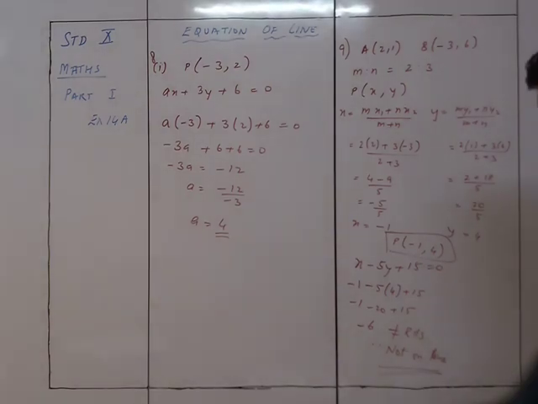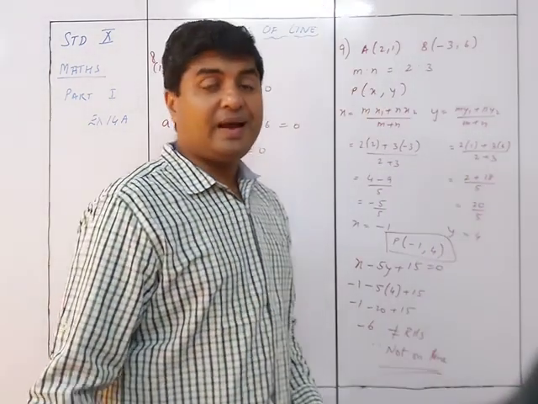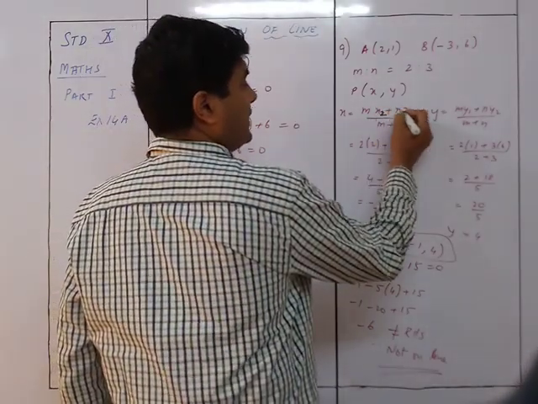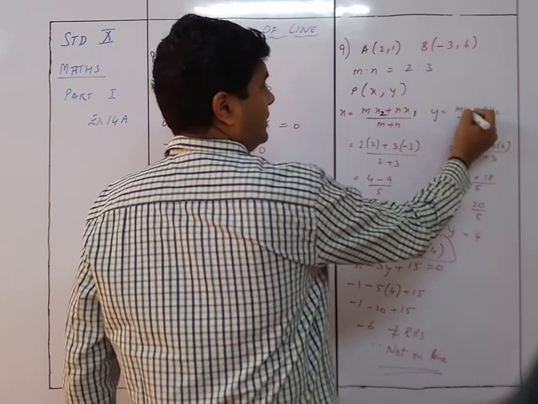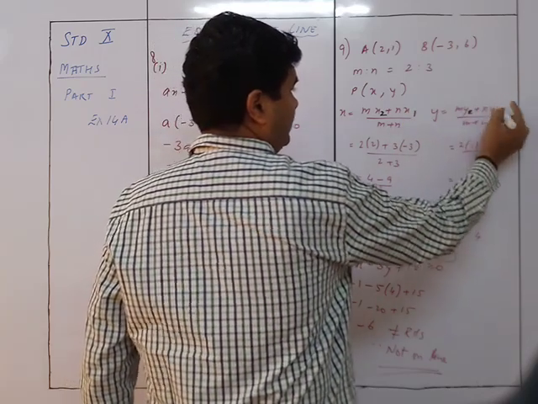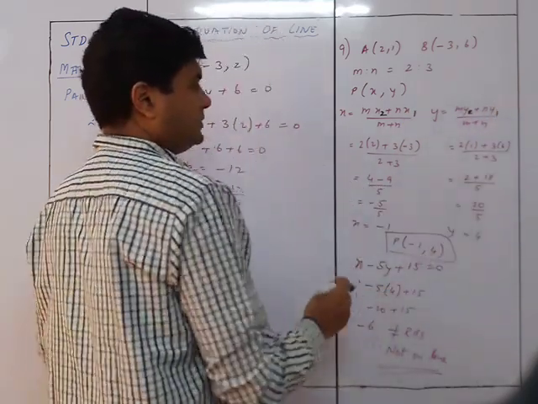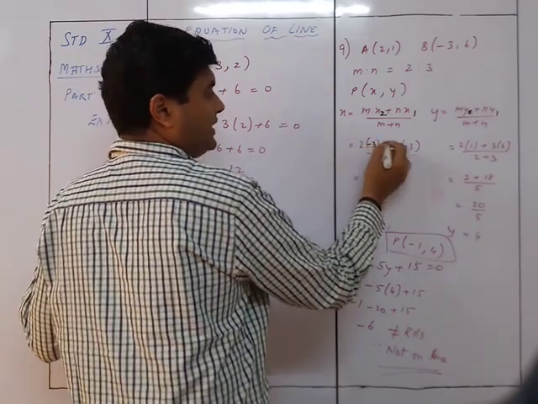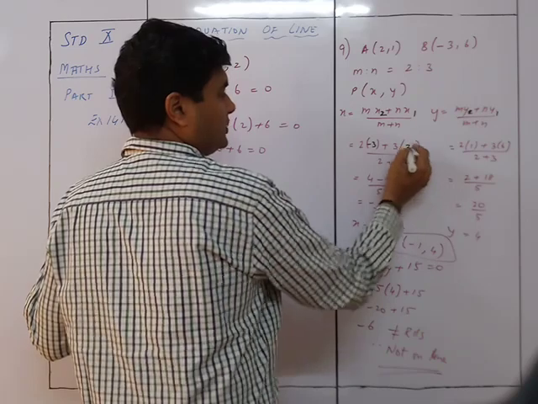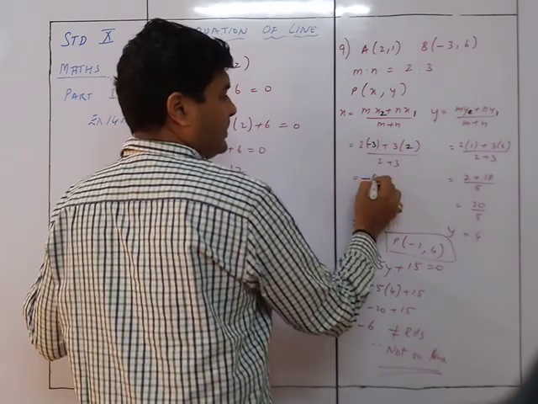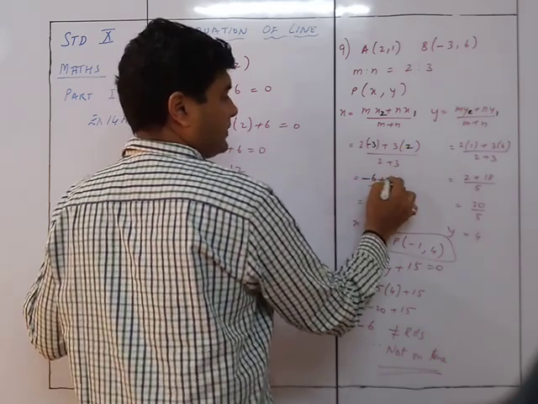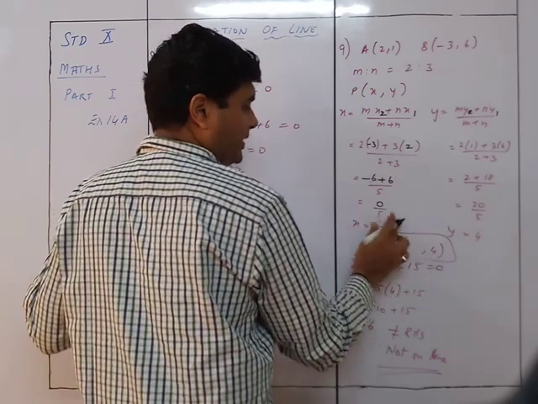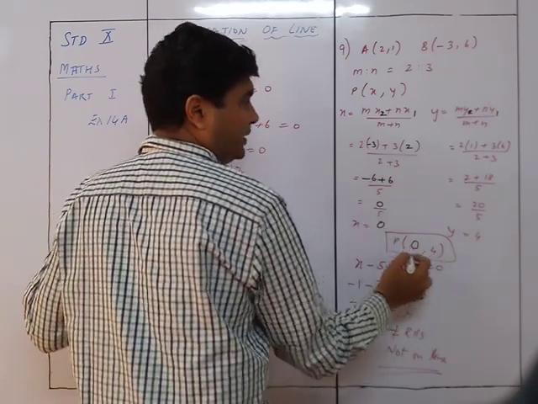Oh no, a very big mistake by me. I had taken the formula completely wrong. It is mx2 plus nx1. Oh no, absolutely sorry, this is completely wrong over here. So this becomes 2 into minus 3 and this will be 2. So this will be minus 6 plus 6 upon 5. So it will be 0 and hence here it will be 0 and 0 here.